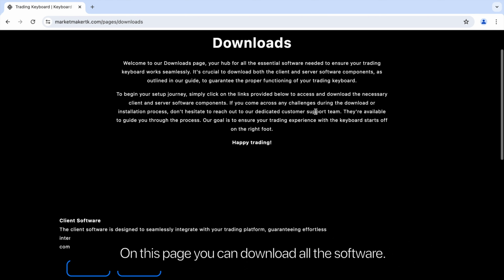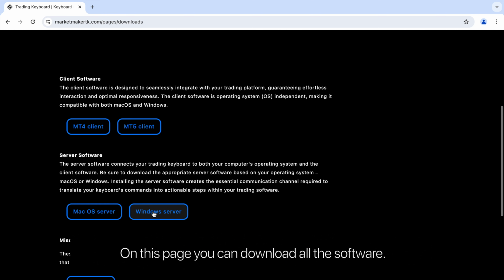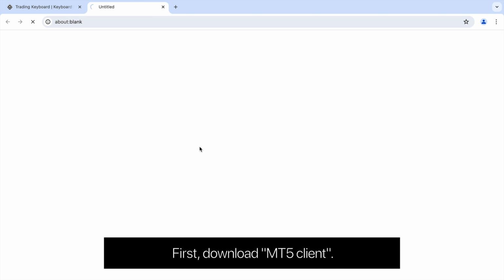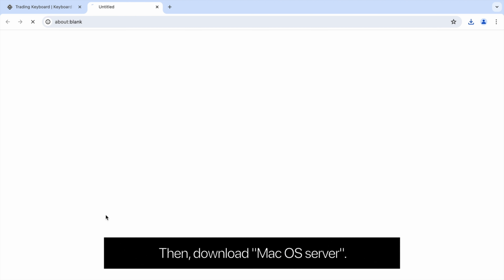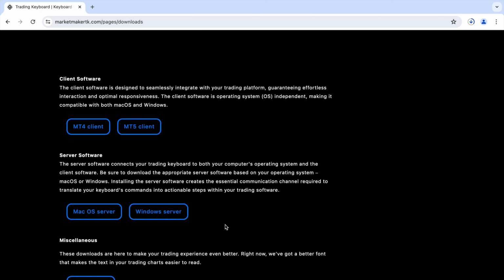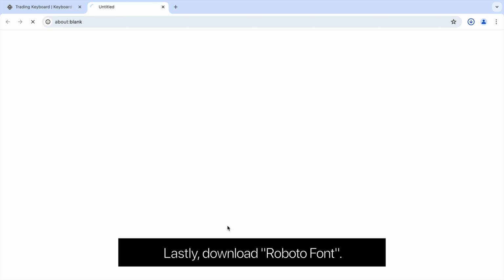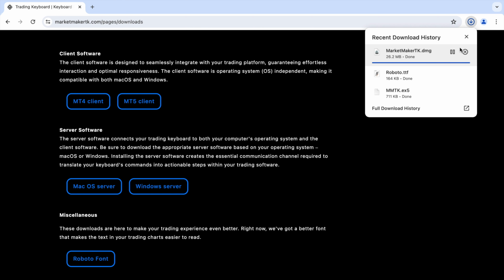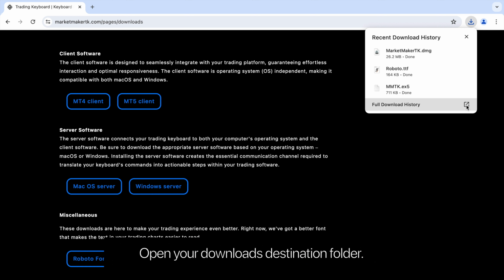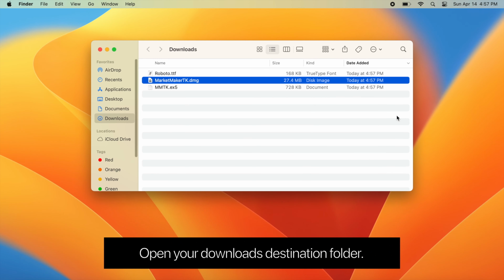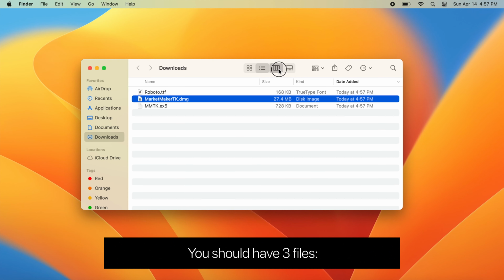On this page, you can download all the software. First, download MT5 client. Then, download macOS server. Lastly, download Roboto font. Open your Downloads destination folder. You should have 3 files: